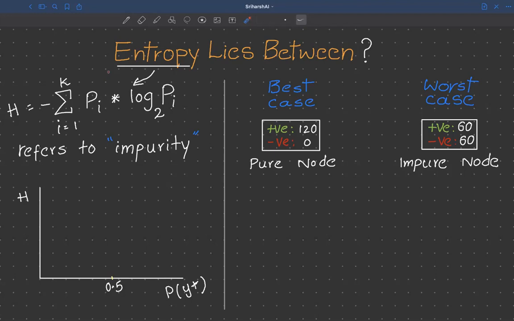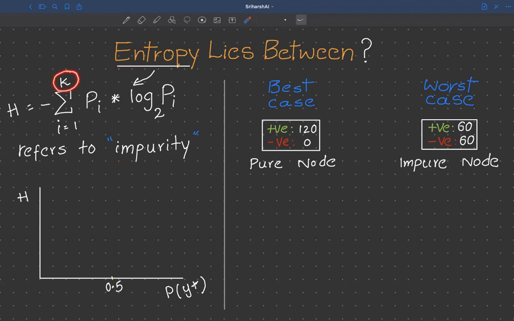Okay, let's see what range of values entropy lies between. Before looking into the values, let's understand what entropy is. Entropy usually refers to impurity. It is also known as the measure of impurity. Entropy is defined as negative of sigma ranging from i equal to 1 to k, where k refers to